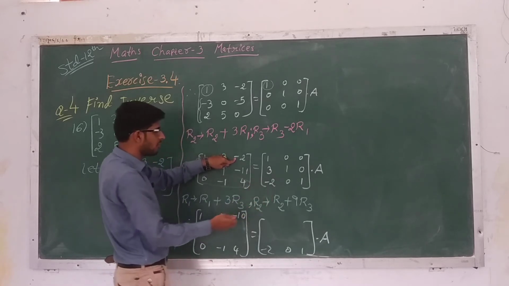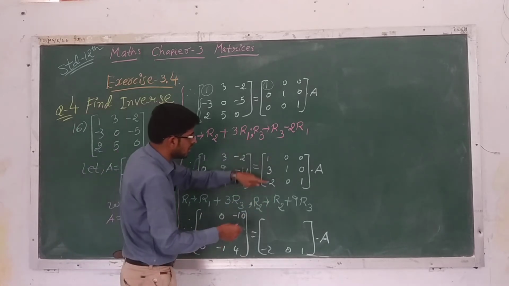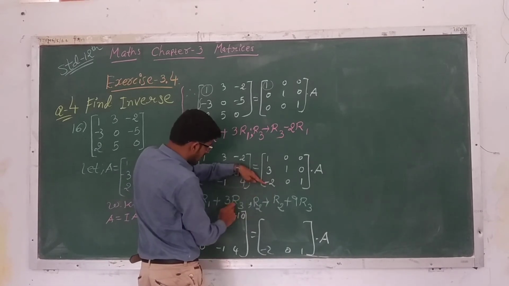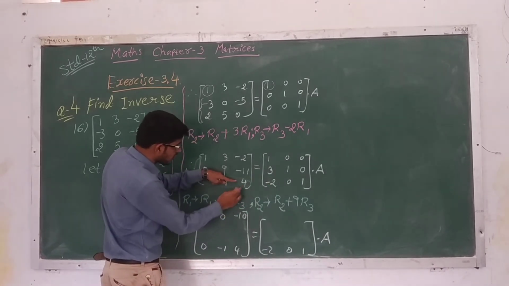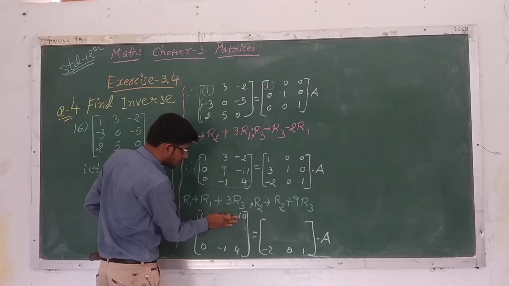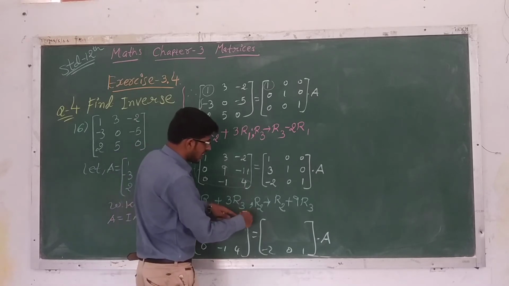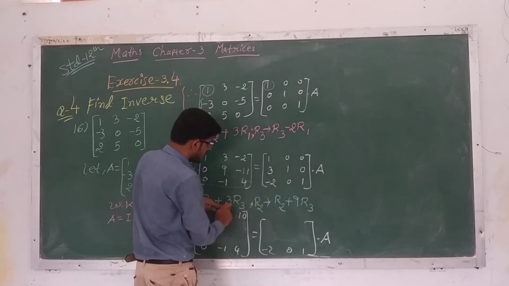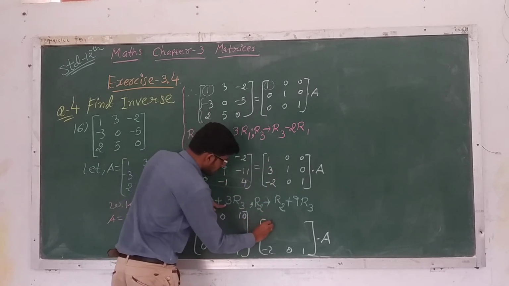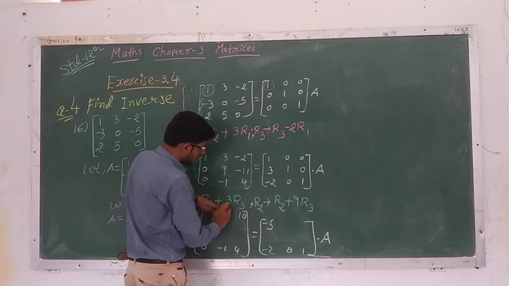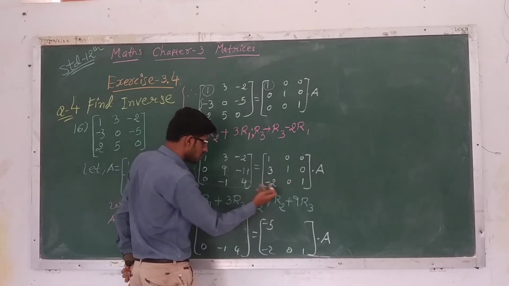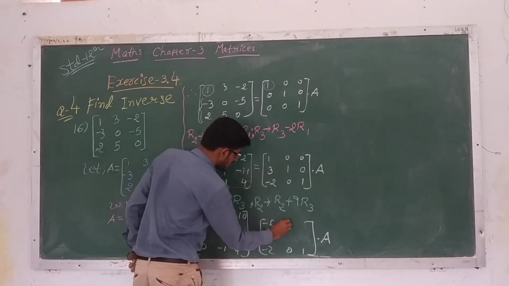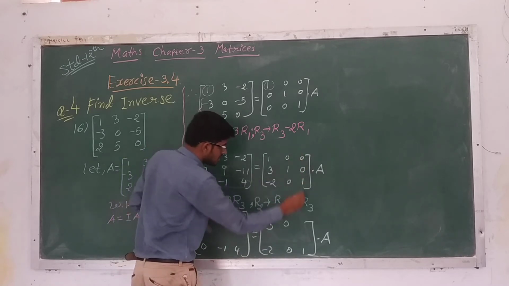Same operation we apply on the right hand side. So minus 2 into 3... here 4 3s are 12 minus 2, so the answer will be plus 10, not minus 10, sorry. Same operation on the right hand side: 3 2s are minus 6 plus 1, minus 5. 3 into 0, the answer will be 0 as it is. Here 3 ones are 3 plus 0, 3.